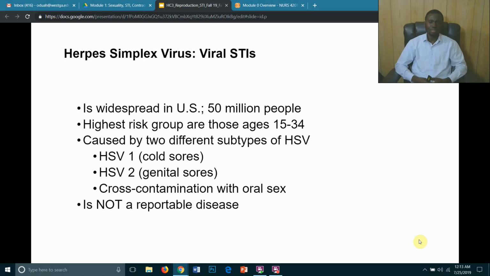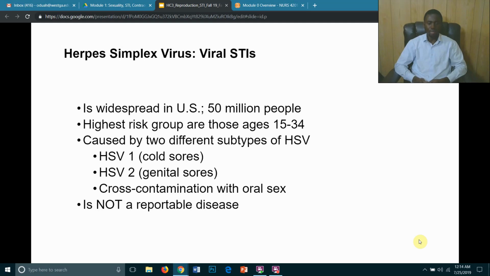So severity also reduces with subsequent recurrence. After this second outbreak, the third, fourth, and subsequent outbreaks may have reduced severity. Some patients have no symptoms at all during recurrence or viral reactivation. However, there is viral shedding and the patient is still infectious even though they don't have any symptoms. Long-term complications of genital herpes include the risk for transmission and an increased risk for acquiring HIV infection.